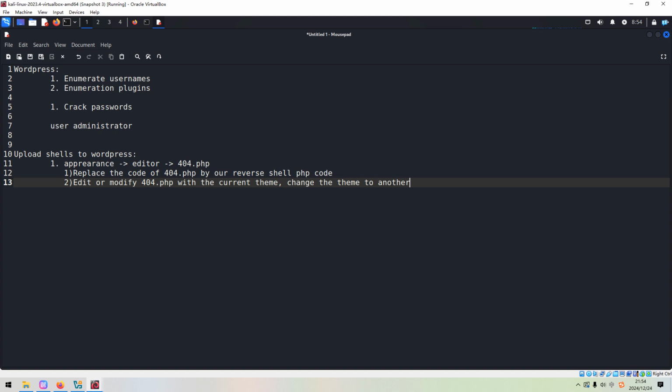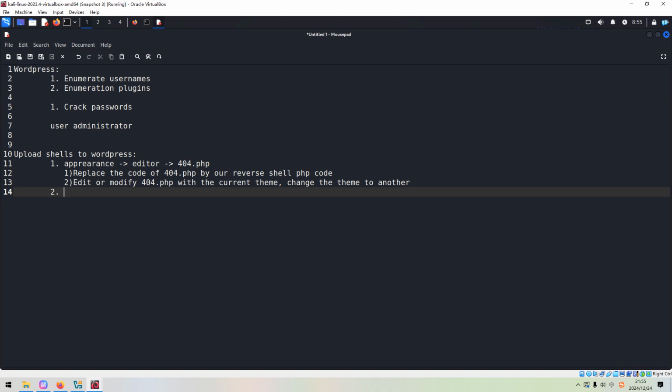We can replace the 404.php file with our malicious or reverse shell PHP code. And of course, as I said, this would be the major way, but sometimes this way cannot work at all.